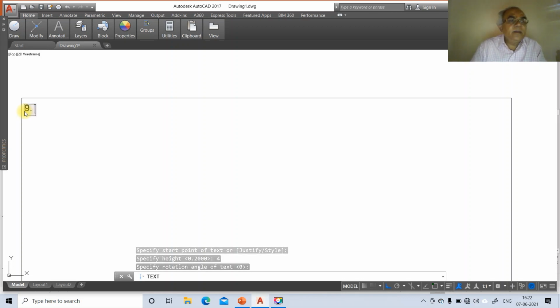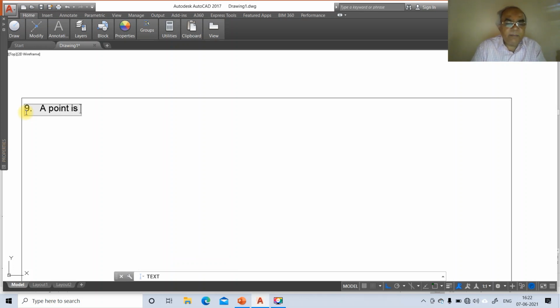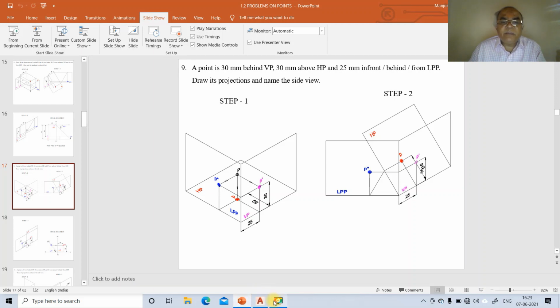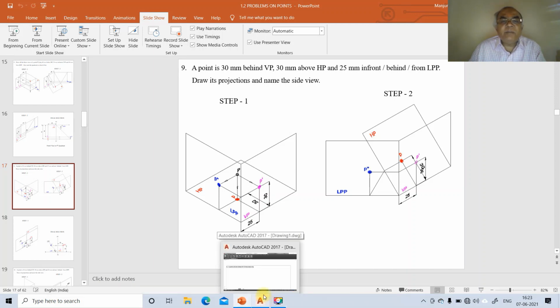Problem number 9, A point is 30 mm behind VP, comma 30 mm above HP, and 25 mm in front or behind or from LPP. Draw its projection and name the side view.